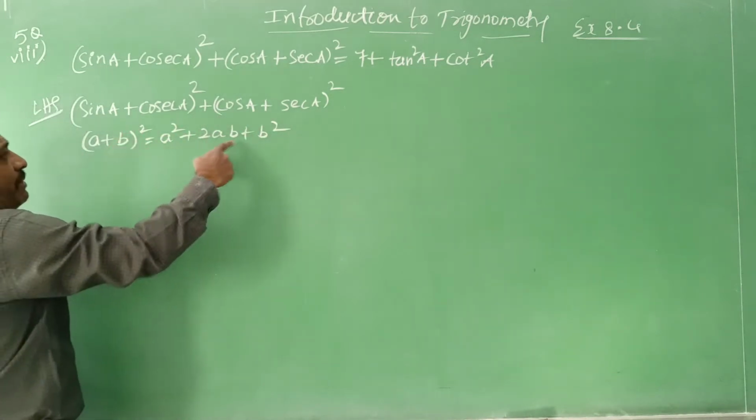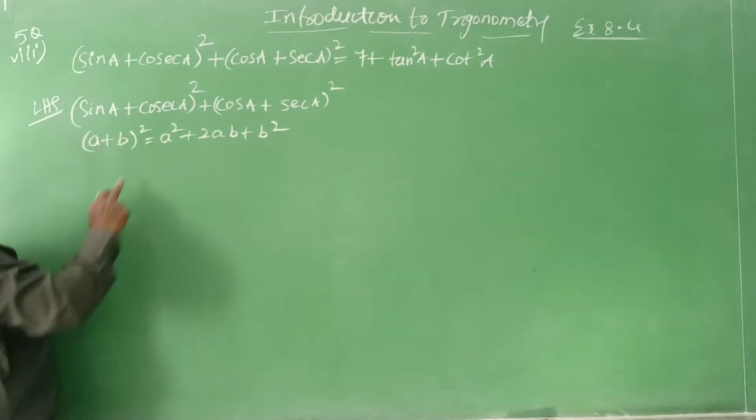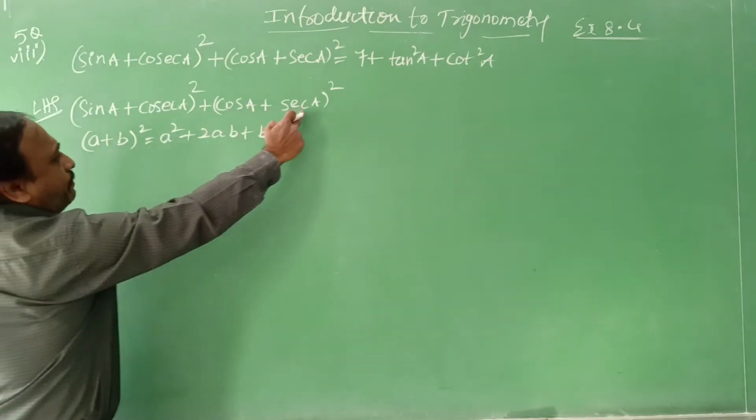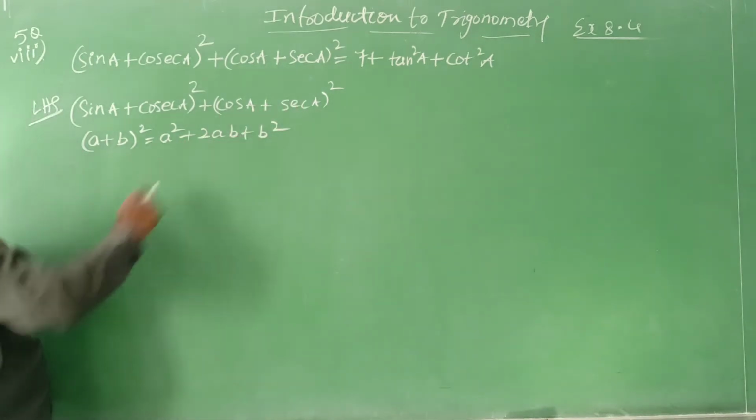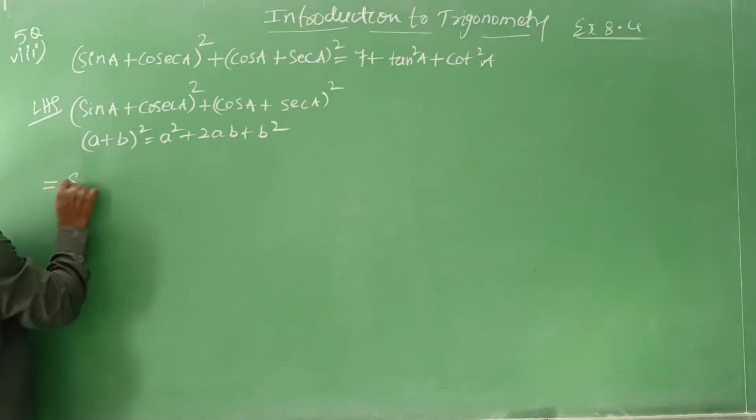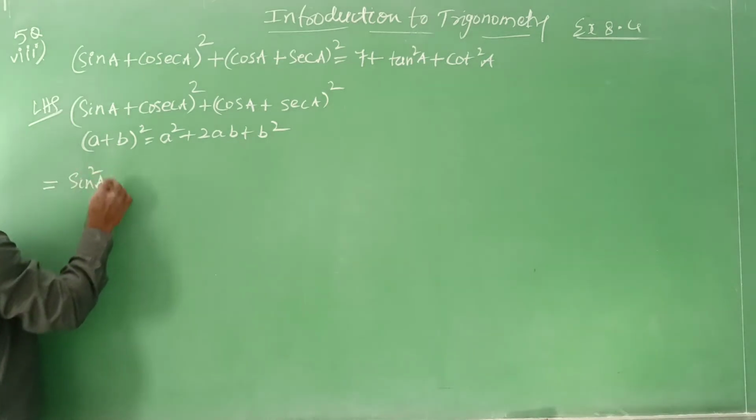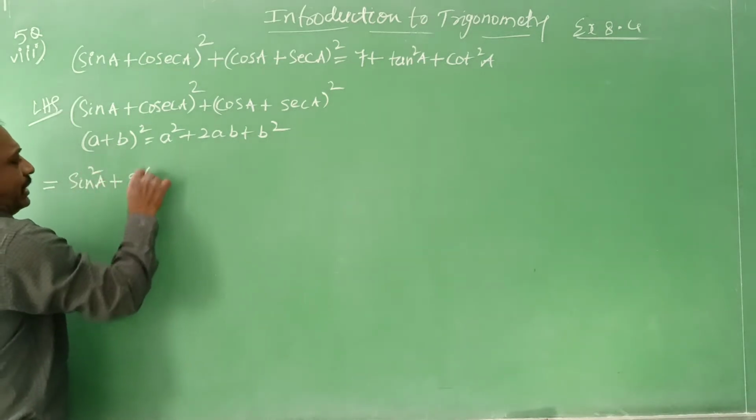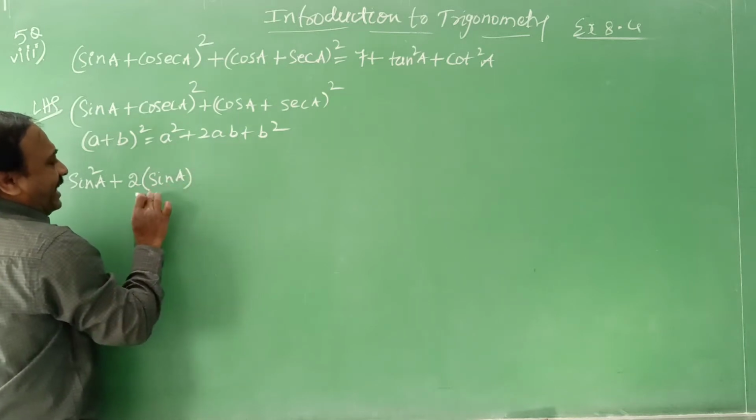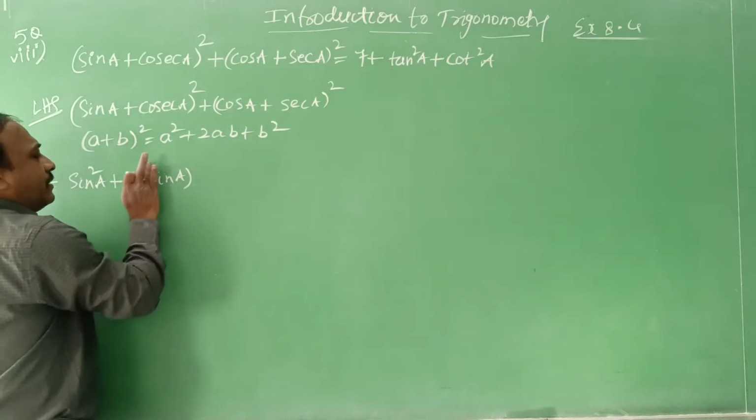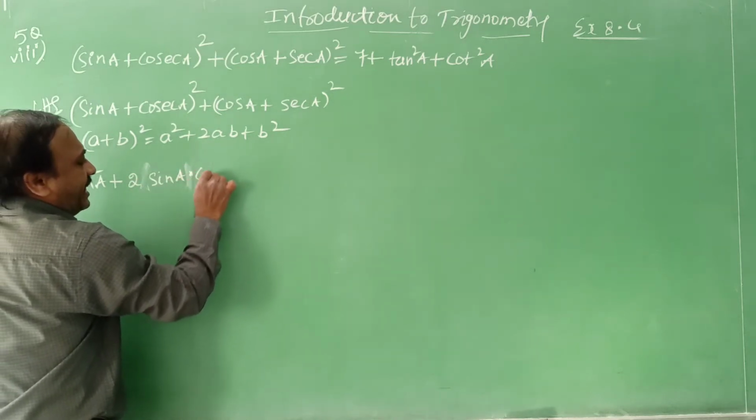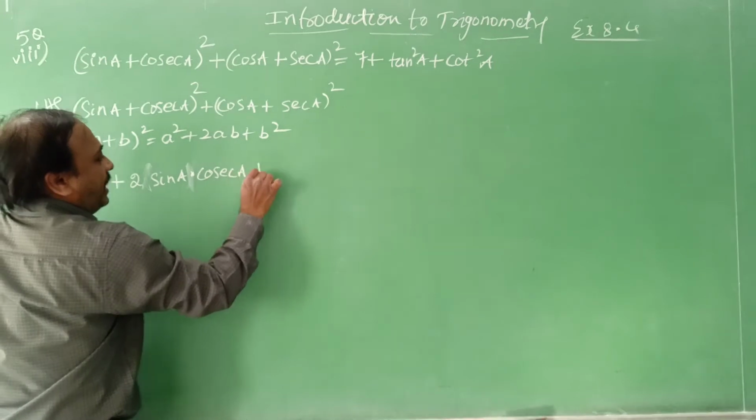A square plus 2AB plus B square, where A means sin A and B means cosecant A. Here also it is the same thing: (A plus B) whole square is A square plus 2AB plus B square. So this equals sin square A plus 2 into sin A into cosecant A plus